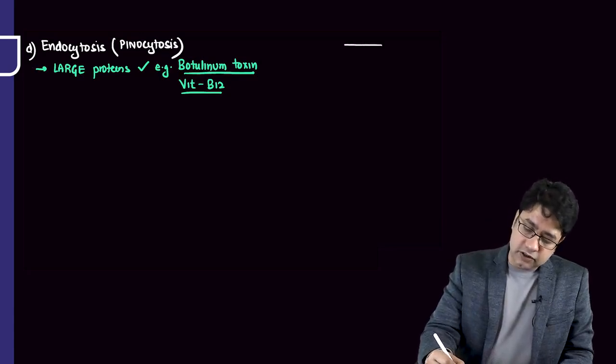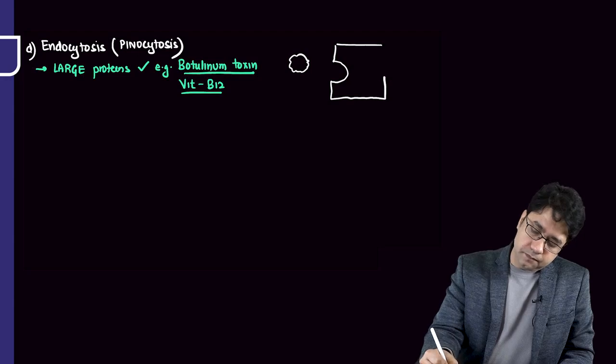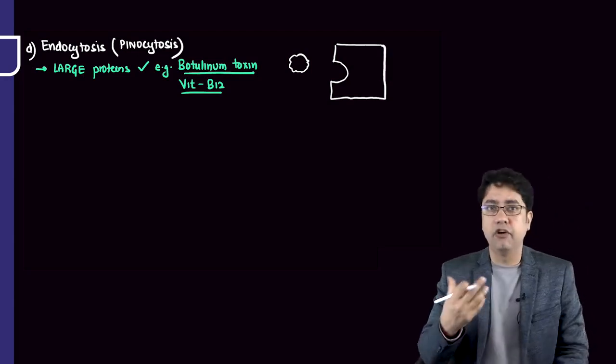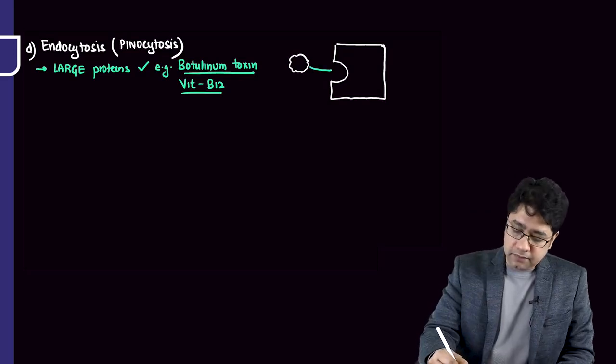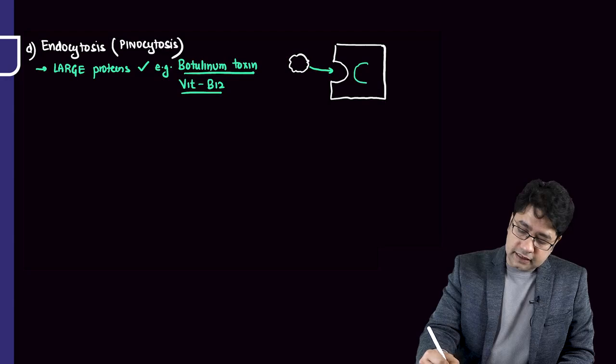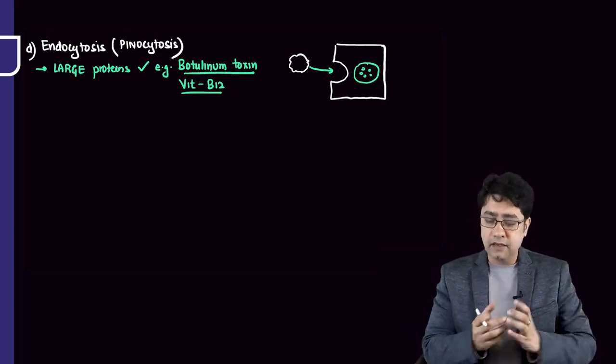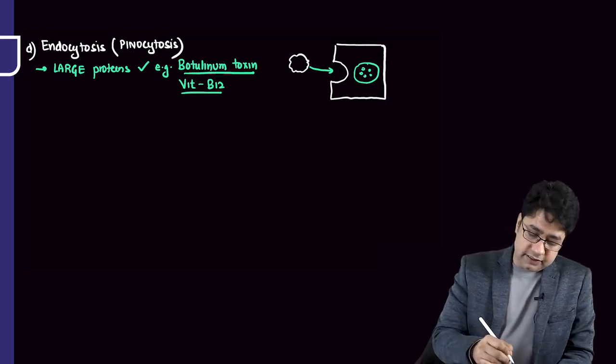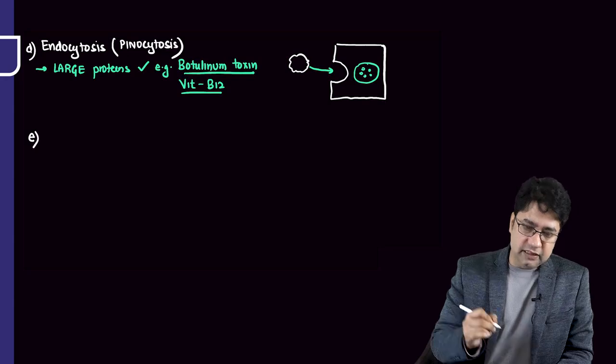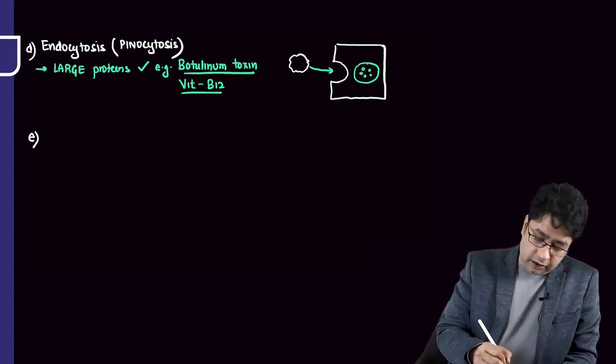So what happens in endocytosis? Suppose this is a large molecule drug. So what happens? This cell changes its cell membrane through a specific receptor for botulinum toxin and vitamin B12, and this drug gets absorbed into the cell, known as endocytosis. The cell membrane covers the drug finally. So this is endocytosis. Next method of crossing the cellular barrier is transport mediated absorption,